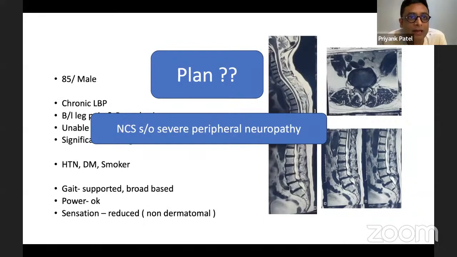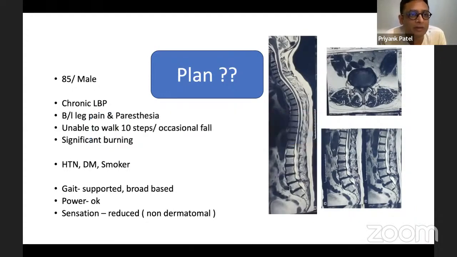You have a patient with an MRI which is showing a significant stenosis at L4-5 because of a degenerative listhesis. And in the lower dorsal spine, there is ossification of the yellow ligament. Now, with the history given here, there is a little bit of clinico-radiological mismatch, like what Tausif just pointed out, that a patient with a simple LCS should not usually walk with a broad-based gait. When a patient has a broad-based gait, you want to either rule out a sensory neuropathy or you would want to rule out a myelopathy.